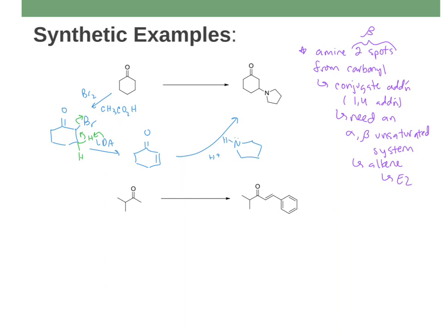You also could have done a substitution here, right? I could have taken that alpha-bromo compound and added any nucleophile really that you want, and you could have put it there in that alpha spot. Now, if I take a look at the one below,